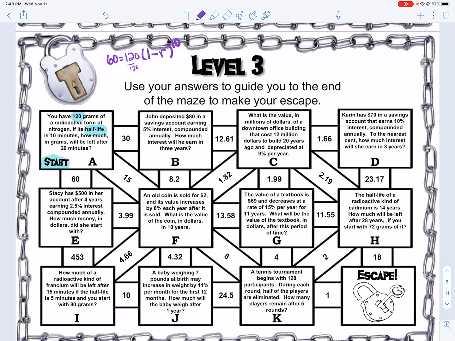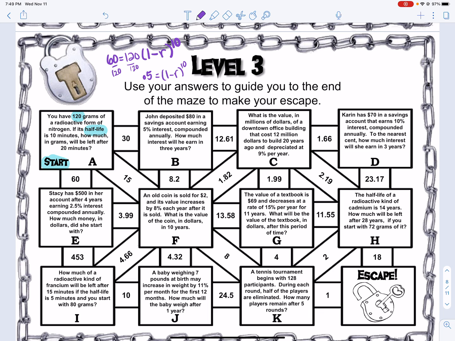I'm going to divide by 120. This one is a harder one. So I'm going to take 60 and divide by 120, and I get an answer of 0.5. So I get 0.5 equals 1 minus r to the 10th. So I'm going to take 0.5 to the 10th root, and I know you can't see this,